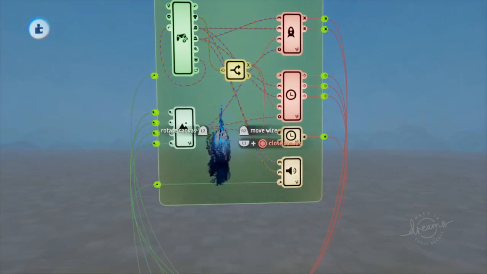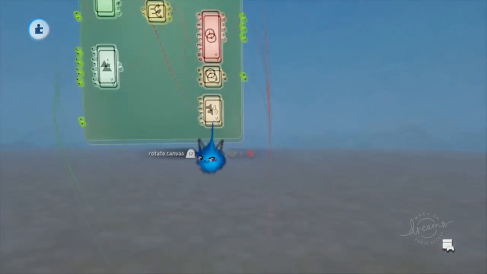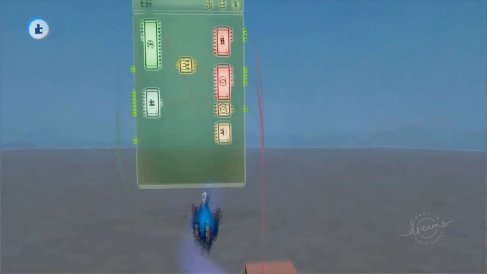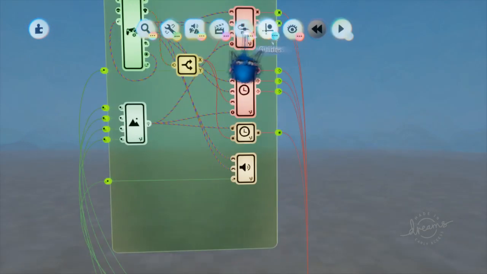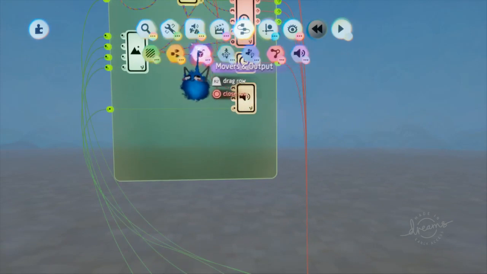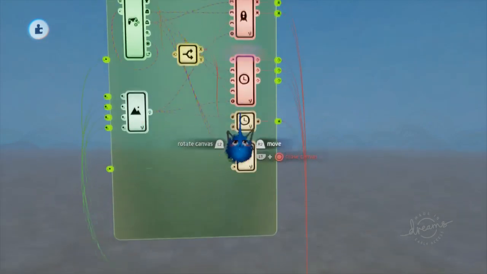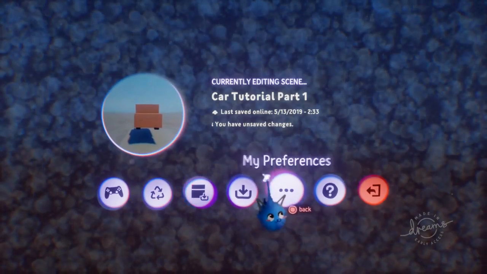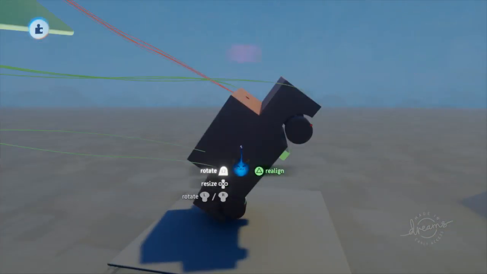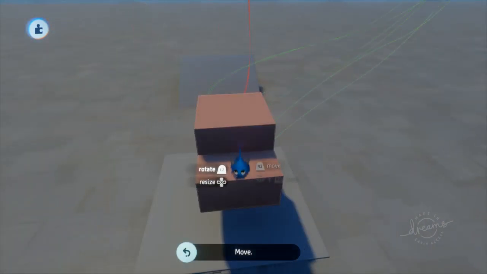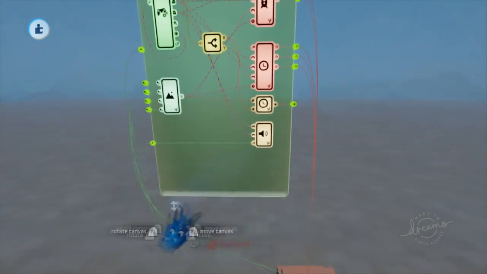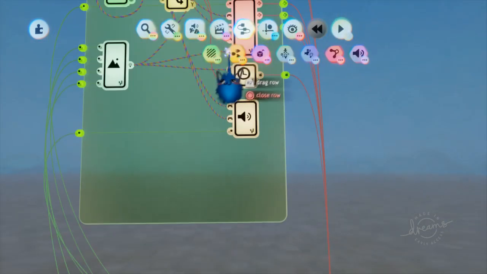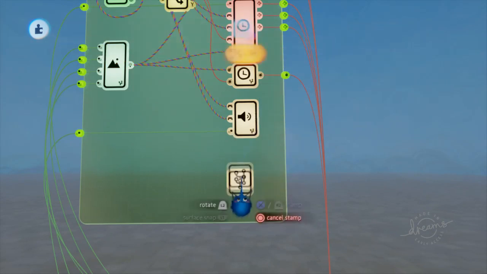Last thing I could teach you for this for now is air control. It's very similar to the flip, where we are going to get an advanced rotator, and we're going to rotate the X and the Z of our vehicle when we are in the air. So let's go ahead, make a new microchip,